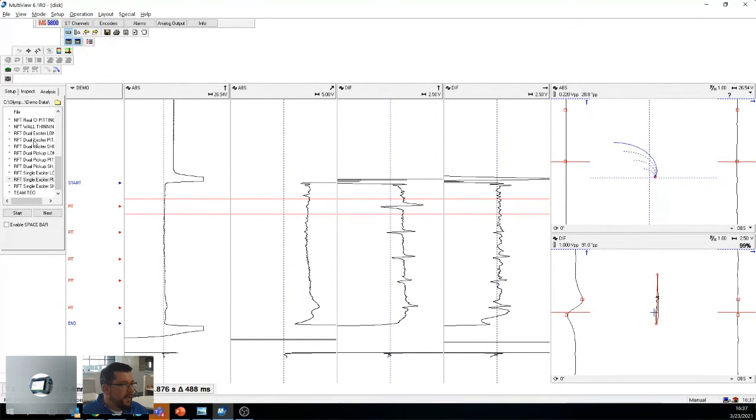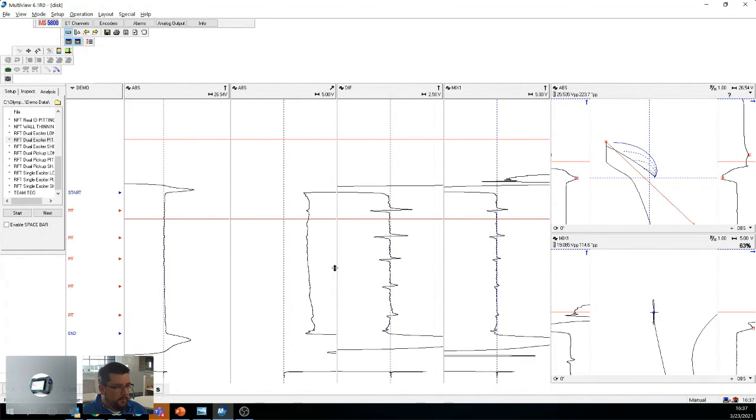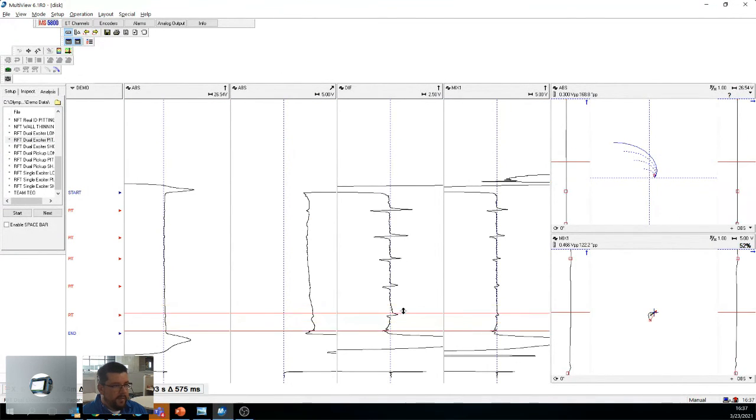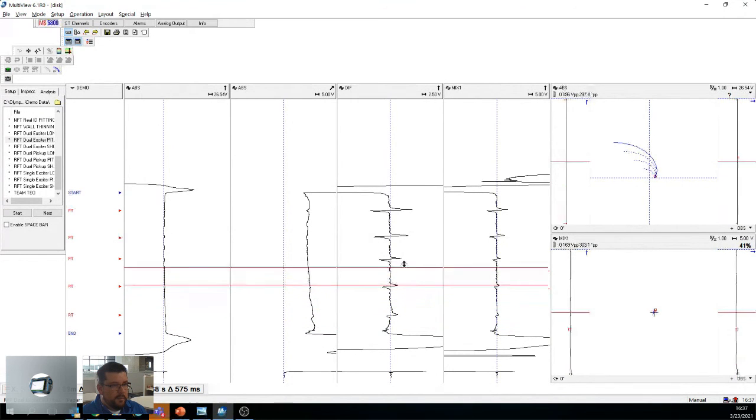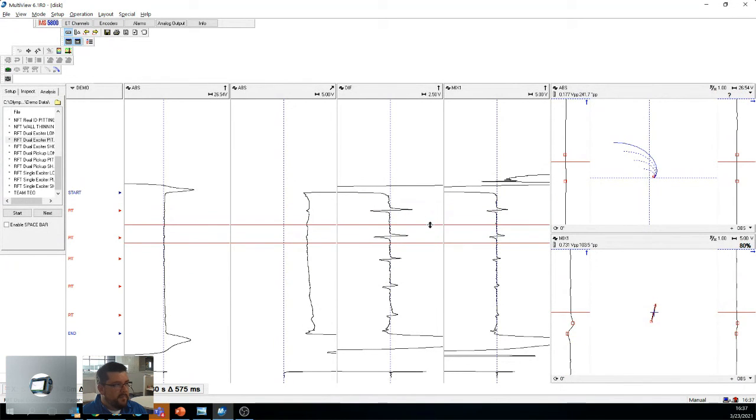If I go dual exciter, because I'll show you the comparison now, same tube. Still pretty good. We're able to get good separation between our pits. Once again, 90 degrees, 1 volt. So as you can see, there's not a huge difference between a dual exciter or a single exciter for this. If I go into a single short defect,